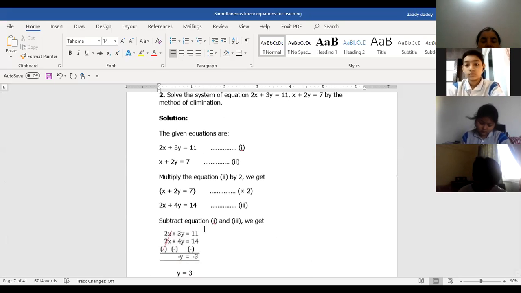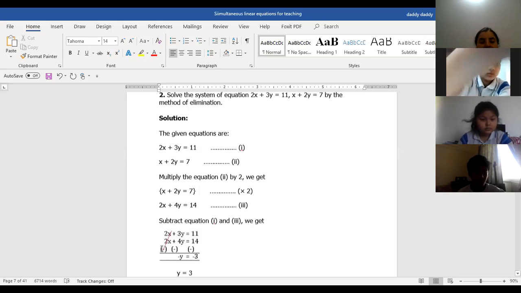Only thing where you have to be careful is when you are subtracting and the equation which you are writing in the second place, you need to be very careful while changing the sign. And see, children, this is how I have changed. I have written the changed signs inside the bracket. Please do not make the changes in the equation itself. Make the changes separately so that it is neatly done, first of all. Second, you will not get confused.